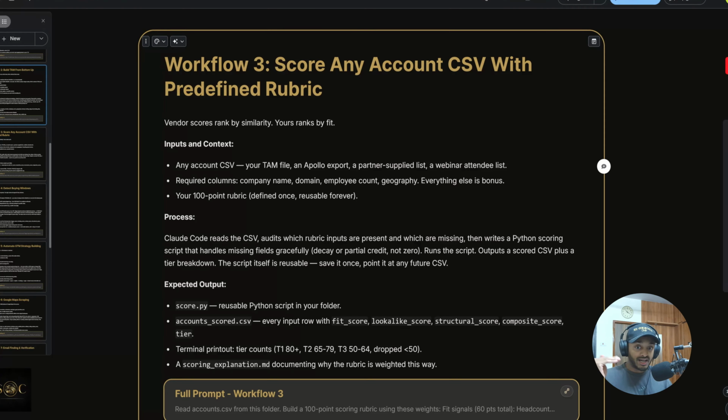So for those that are 80 plus, you could do cold email, cold call, LinkedIn messaging, account-based marketing at full strength, full weight. The ones that are tier 2, 65 to 79, focus more on doing cold email and just cold calling them, right? For those that are tier 3, just do cold email. And the ones that are less than 50, personally, I would drop them